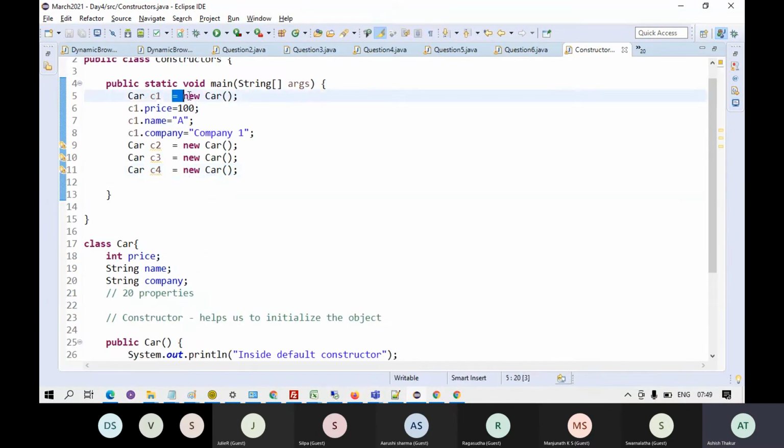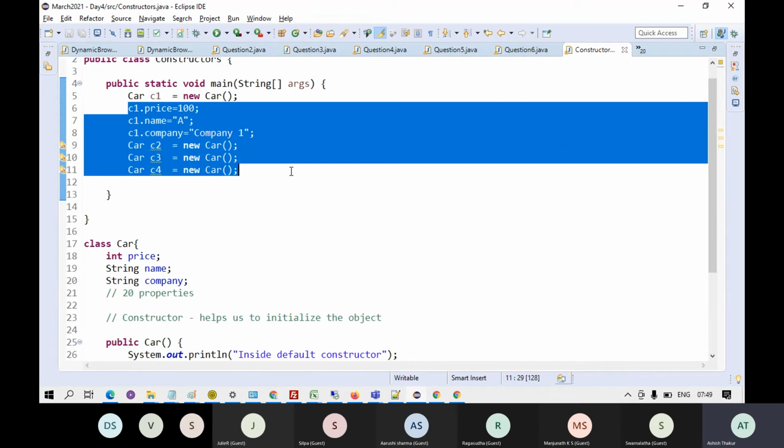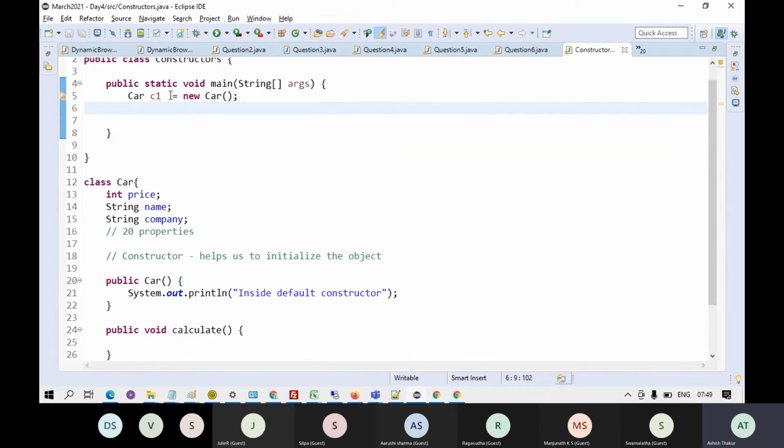Whenever you create the object of the class, suppose I don't write anything, I just write over here new car. I've created one object, or I just write new car. I've created two objects over here. The second object has got no object reference.